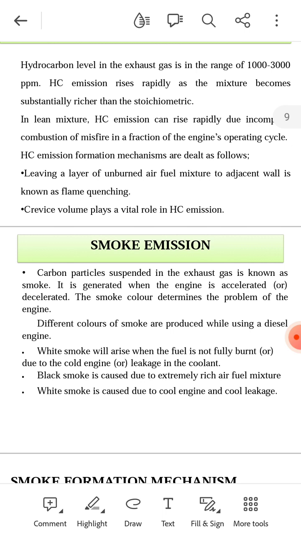The next one, smoke emissions. Carbon particles suspended in the exhaust gas are known as smoke. It is generated when the engine is accelerated or